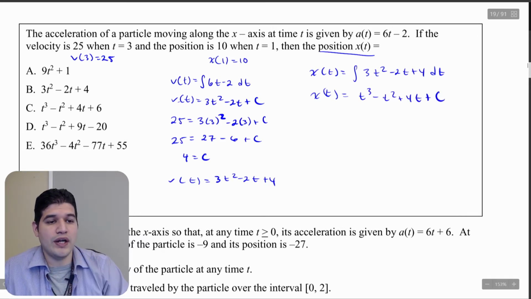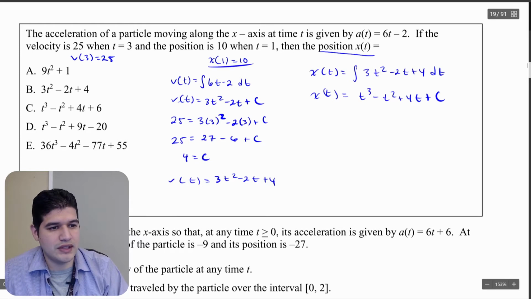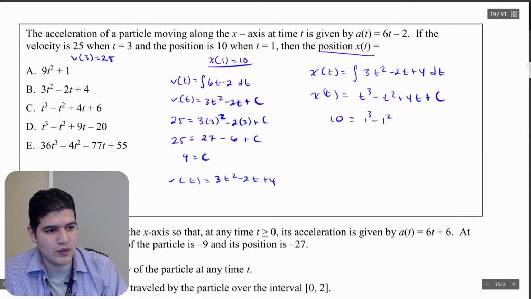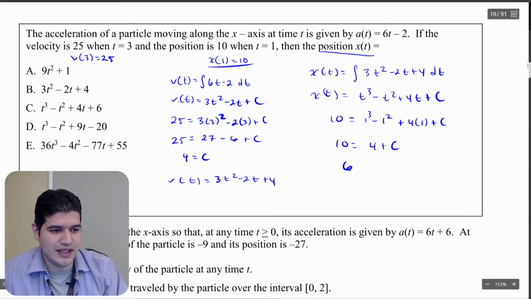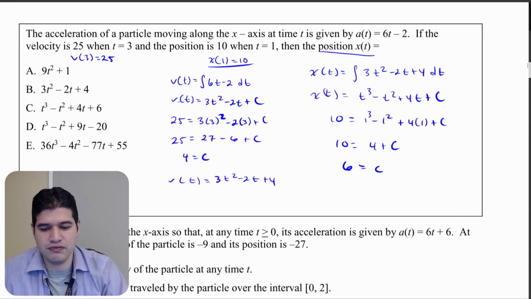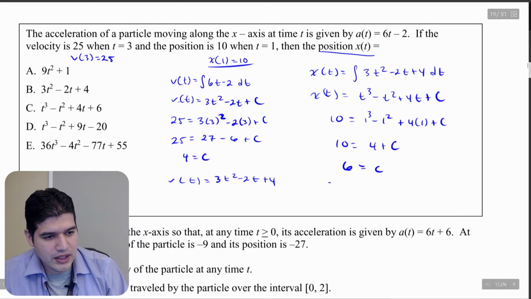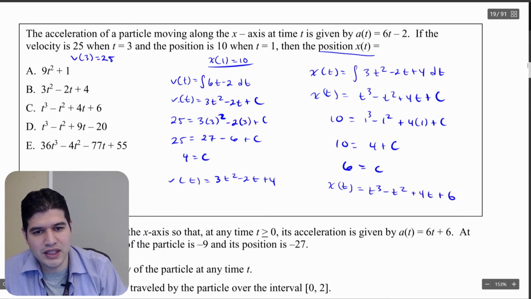Now I know that x of 1 equals 10, so 10 equals 1 cubed minus 1 squared plus 4 times 1 plus c. 10 equals 1 minus 1 plus 4, so 4 plus c, and I get 6 equal to c. So my actual position function is x of t equals t cubed minus t squared plus 4t plus 6,